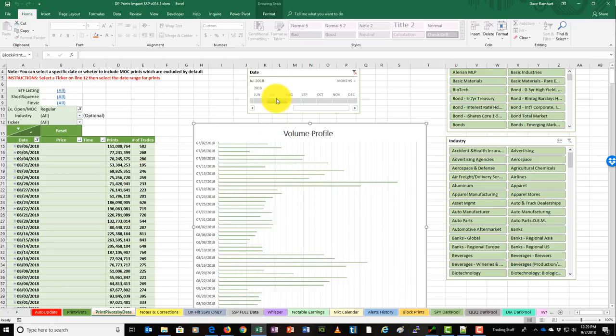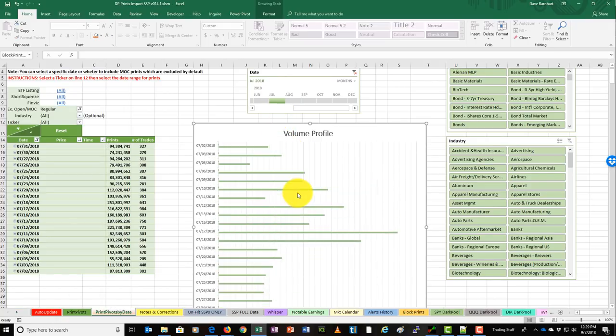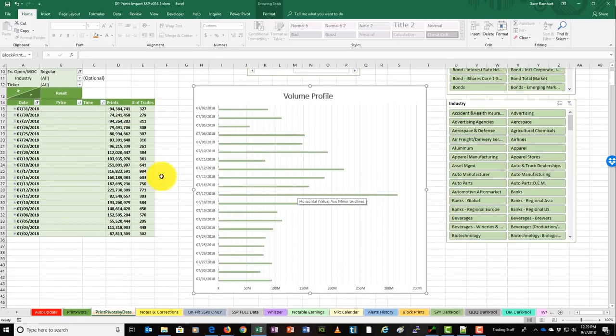But if we look at July, this is all the dark pool volume that we've recorded for the block prints. So we can see that July 17th was the highest day for dark pool activity. You can see the 2nd was the lowest, and then the 3rd, not much on the 5th, the 6th, and you can see that the volume is actually growing, and the highest point was July